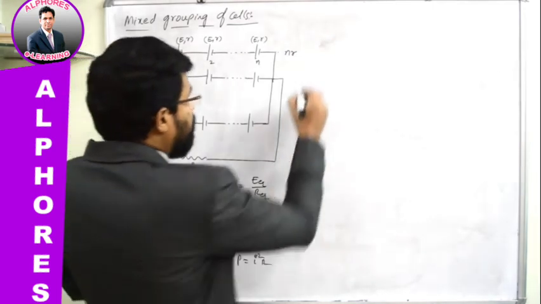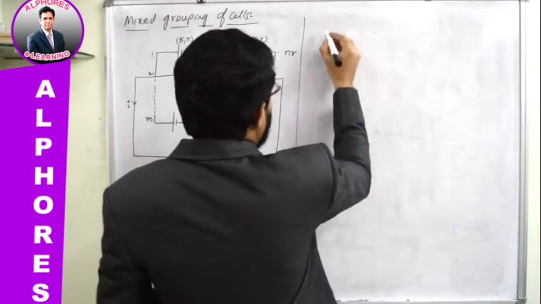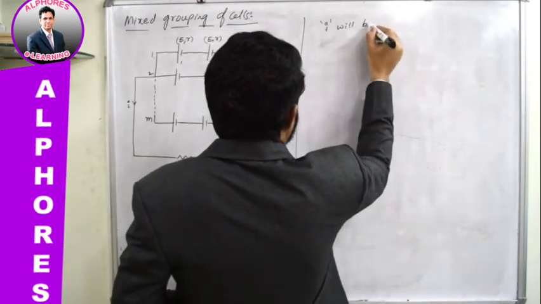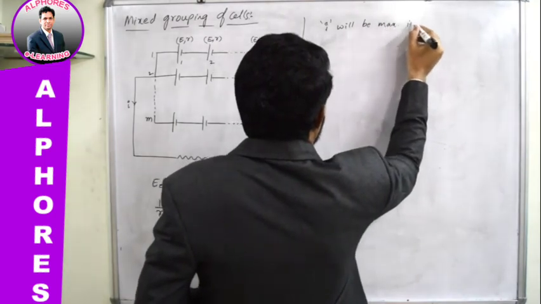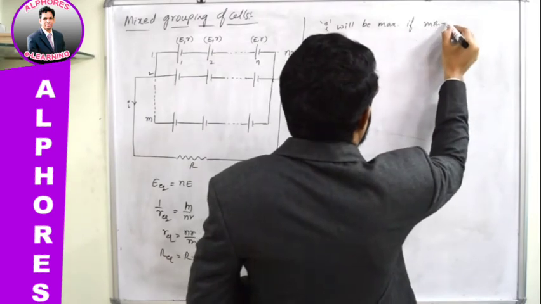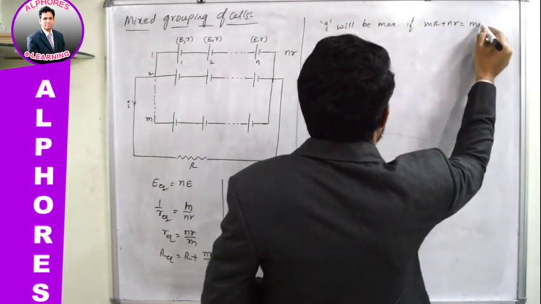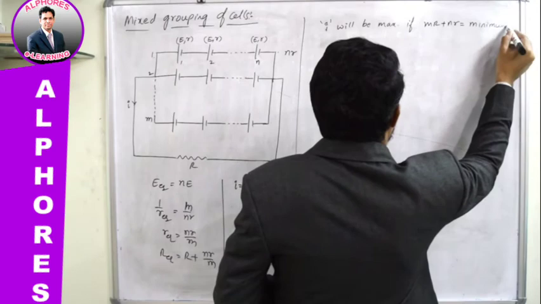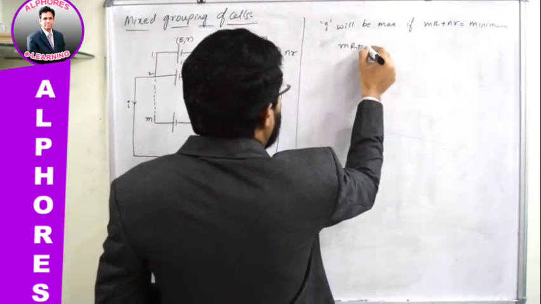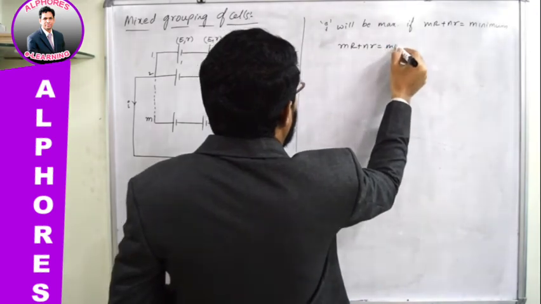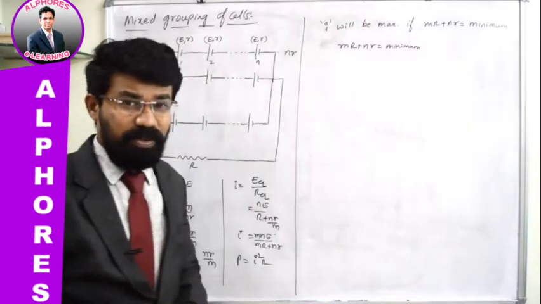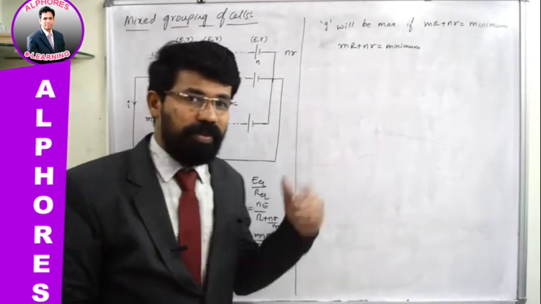Okay, so what is the condition? Try to follow this one carefully. I will be maximum if MR plus NR is minimum. So let me consider this separately. What is the situation? MR plus NR is equal to minimum. Actually, we can handle the further situation using differentiation, but without using differentiation also, we can handle.